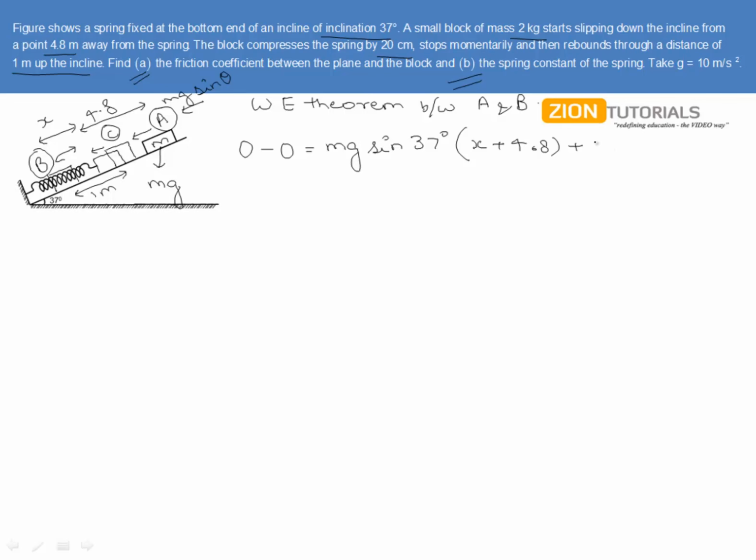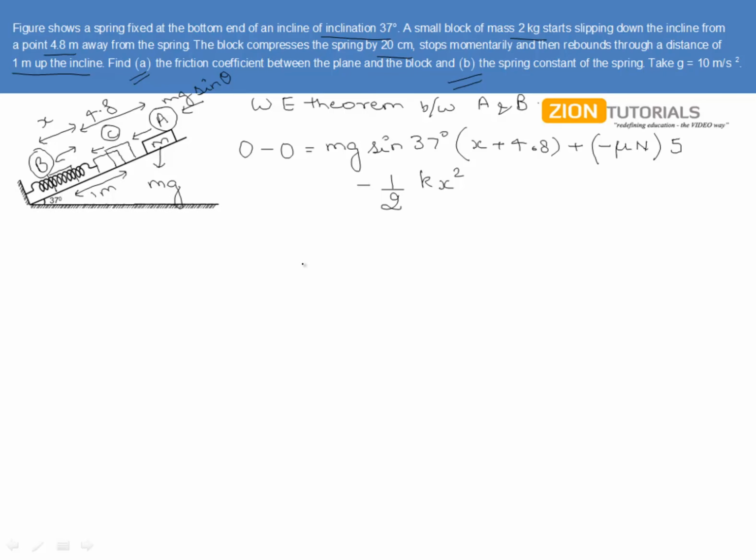Now we have the frictional force, that is minus mu N into 5, because the compression has been given as 0.2, and further we have a work done on the block as minus half kx square. Why this work is actually coming into action is that the spring energy is increasing by this amount, that is, this much work is done on the spring. Now who's doing this work? Obviously the block is doing it. So the block is actually having a negative of this work done on itself. So that is why we are adding this work done with a negative sign on the block.